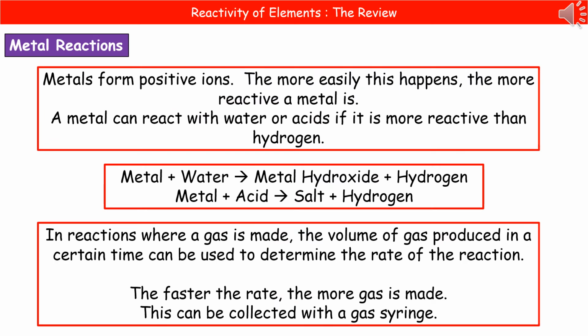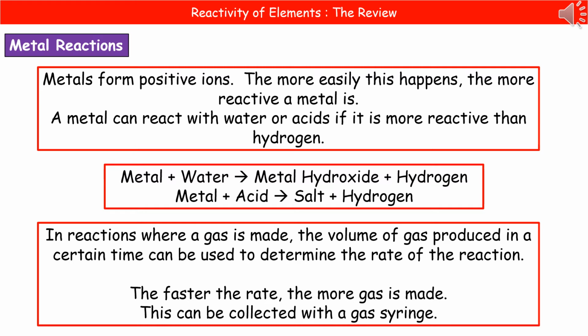First topic for our chemistry check then is the reactivity of elements. Hopefully we remember that metals form positive ions, and the more easily this happens, the more reactive a metal is. So metals can react with water or acids if they're more reactive than hydrogen. There are two general word equations in the middle there that we need to remember. Metal plus water makes the metal hydroxide and hydrogen, and metal plus acid makes the salt and hydrogen, because they could ask you to write the word or even balanced symbol equations for those reactions,